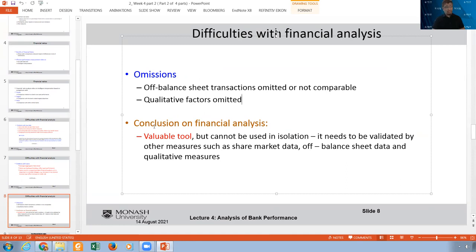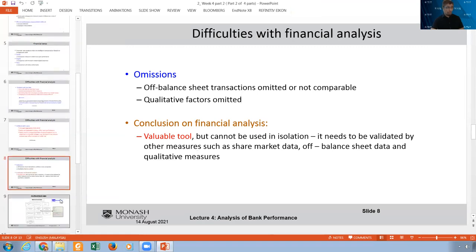So many things are not reflected in financial ratios. So the conclusion is the financial ratios are a good tool, but it's not enough. So we have to look at so many things before we come to a conclusion about the performance of the